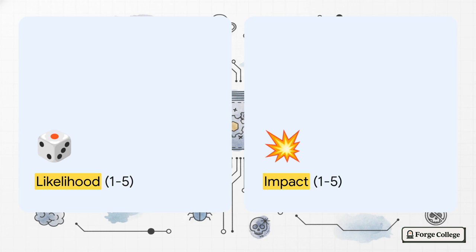So if a phishing attack is highly likely, let's say a 4, and the impact is total loss of funds, a 5, your severity score is a solid 20. It takes the emotion and the subjective panic completely out of the equation. But wait,